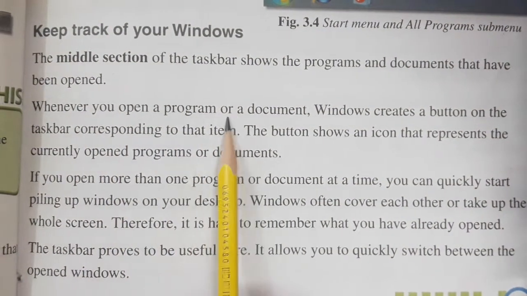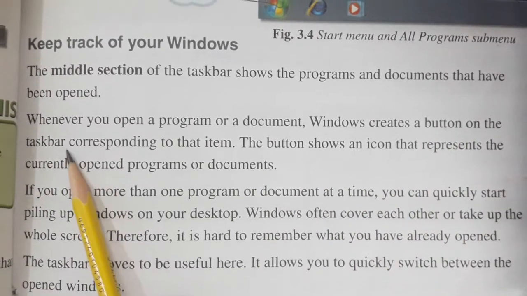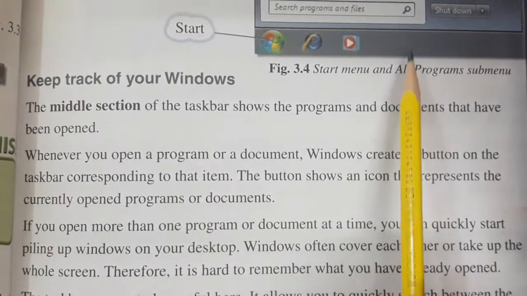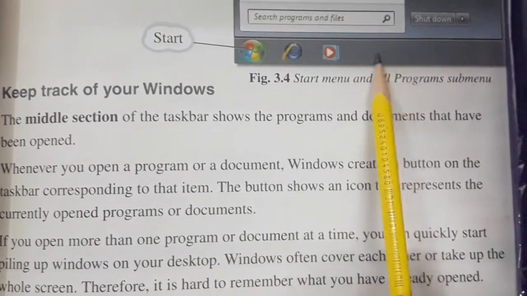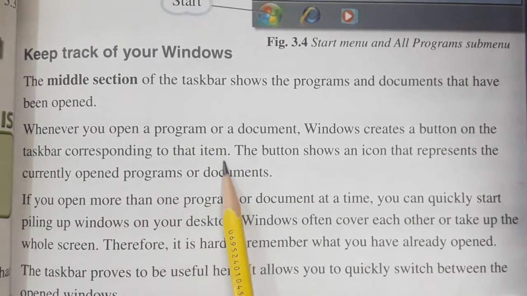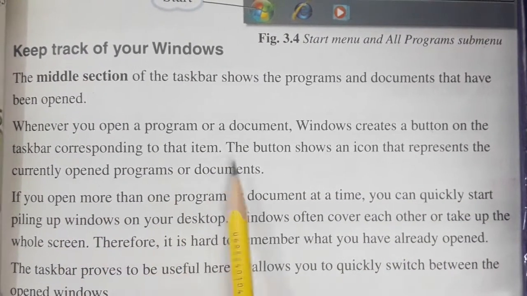Whenever you open a program or a document, Windows creates a button on the taskbar corresponding to that item. The button shows an icon that represents the currently open program or document.